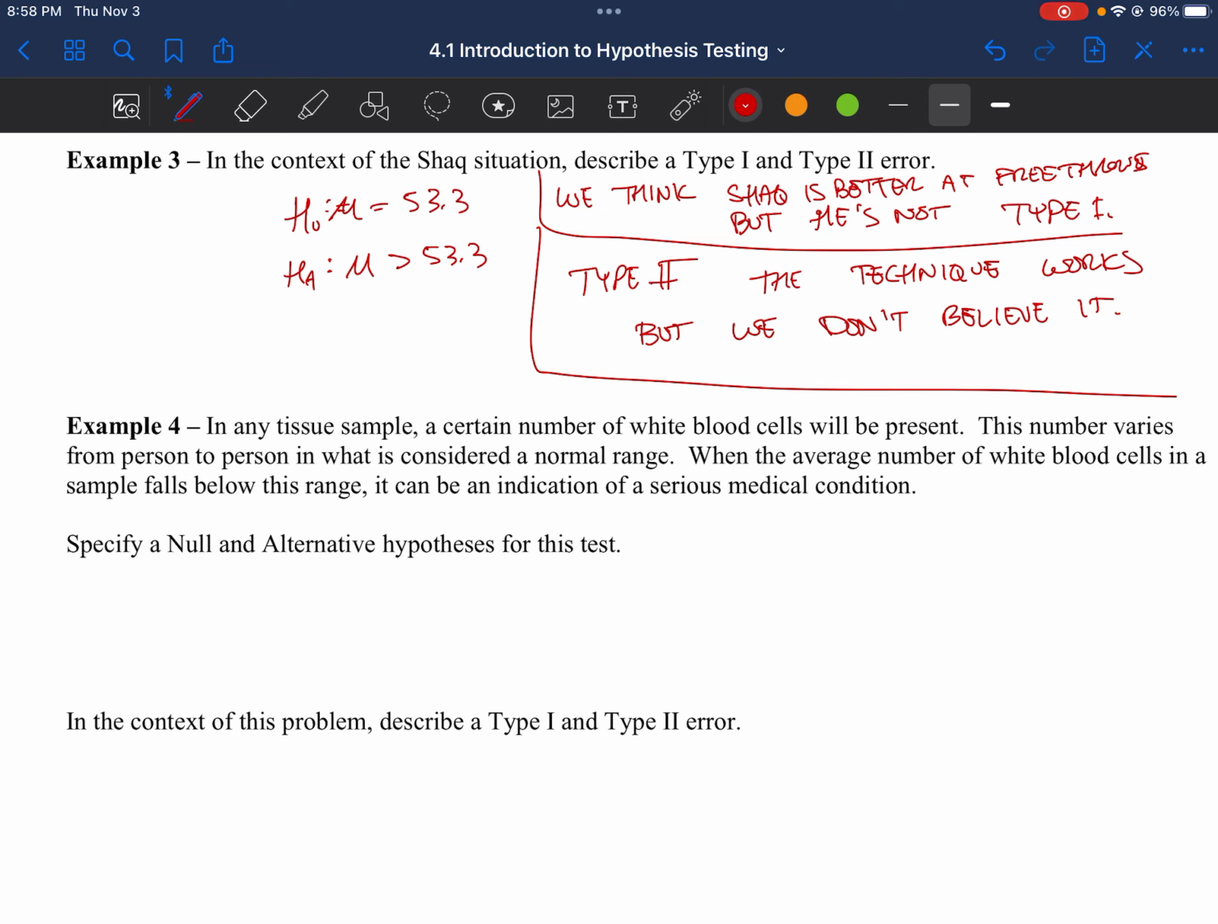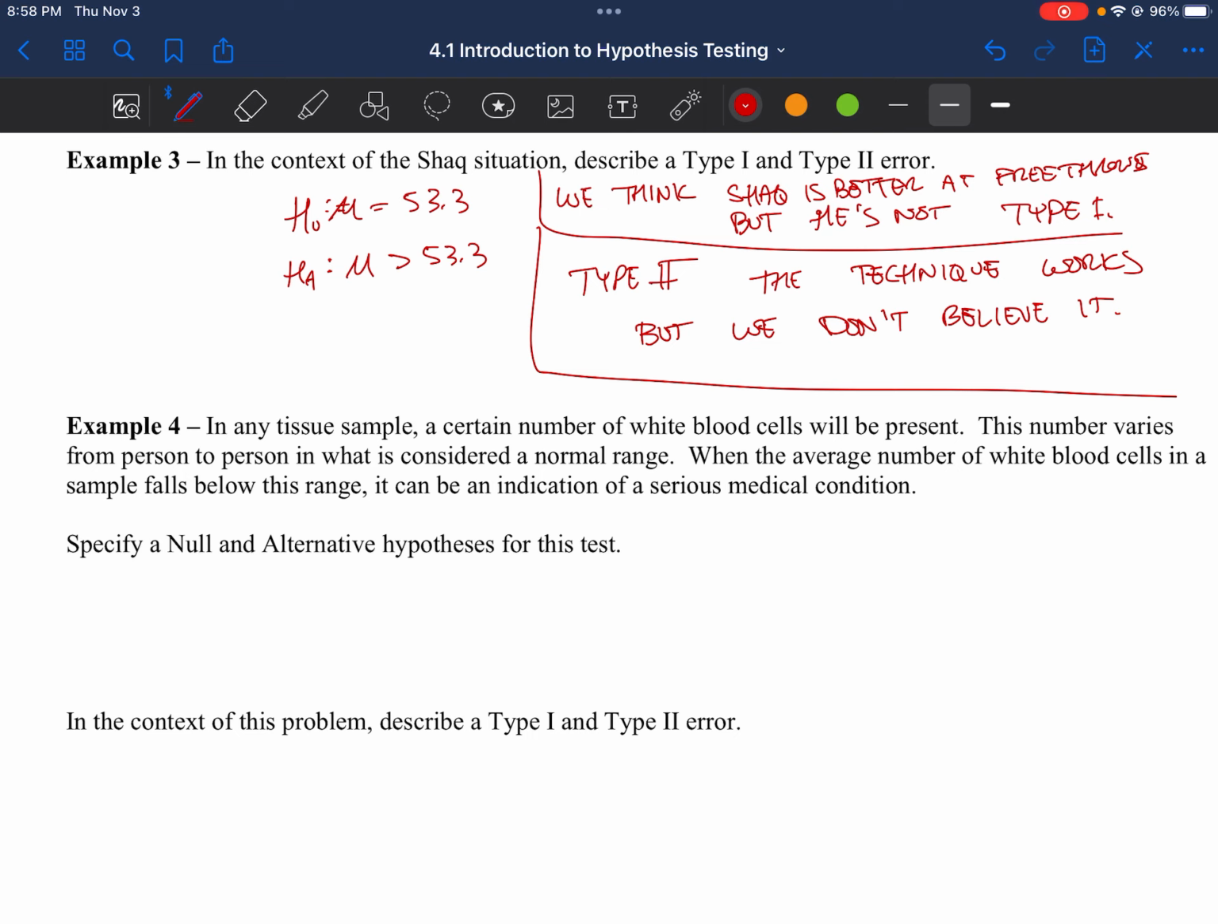Because we want to typically set our null hypothesis to be the better of the two situations. So I do not want to convict an innocent person. I also don't want to let a guilty person go free, but I'd rather not convict an innocent person than let a guilty person go free. Here, I would rather tell someone they're sick and try to treat them than miss the diagnosis and have them die from it. So I would prefer the null hypothesis to be that this person is sick,